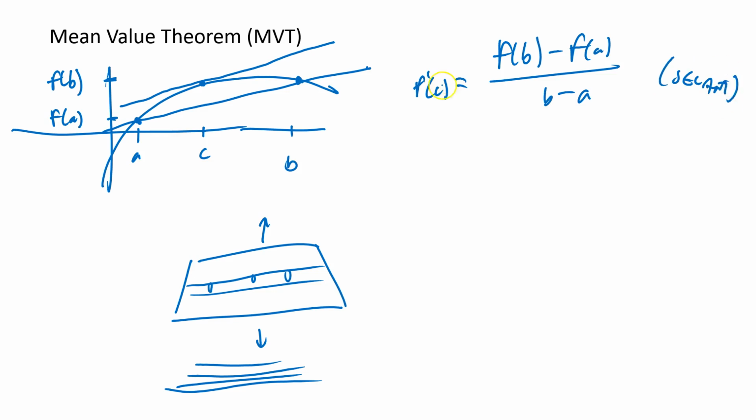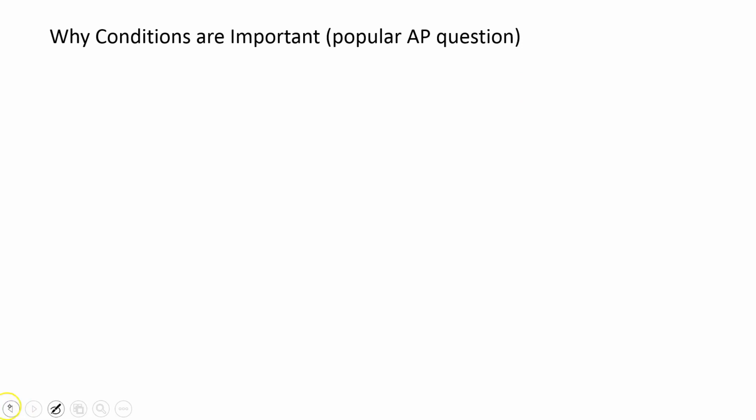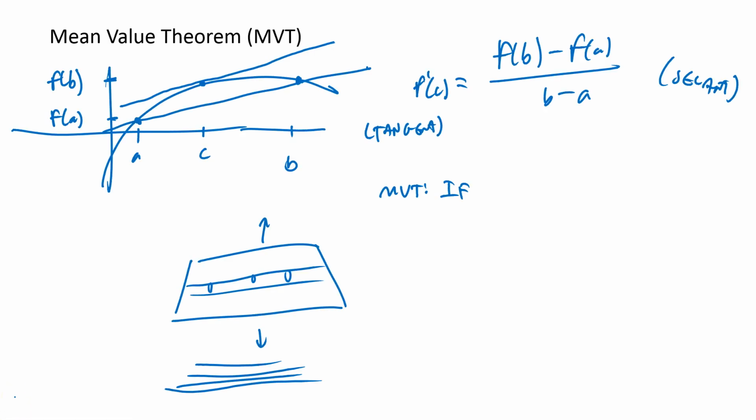And they're saying there's some c value in between a and b where the tangent line has the same slope. Okay, so this is exactly what it says. So this is what mean value theorem says. Mean value theorem says, if f of x